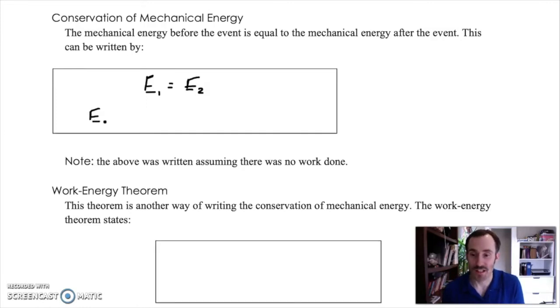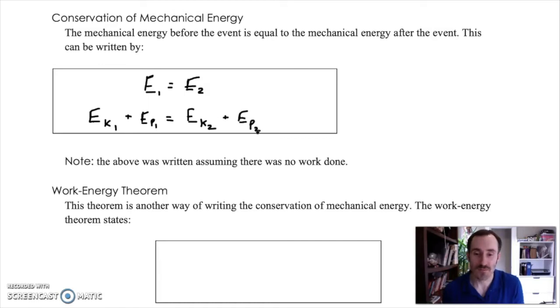So we're going to say that's equal to EK1, the kinetic energy at the beginning, plus EP1, potential energy at the beginning, is equal to the kinetic energy at the end plus the potential energy at